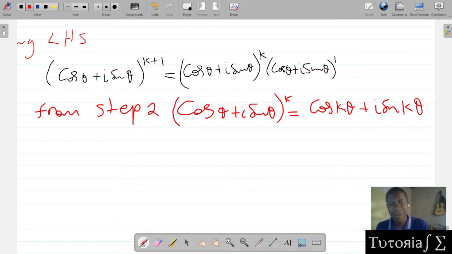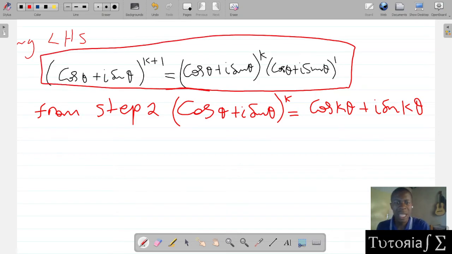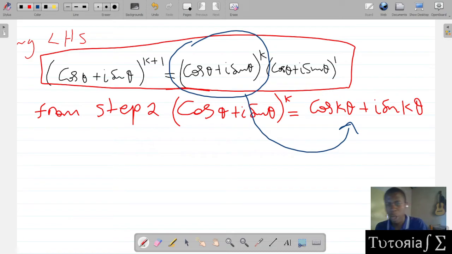So in this vein, we're going to pick this equation, meaning that on this part of the equation we can replace this right here, so that we are going to have cos k theta plus i sin k theta